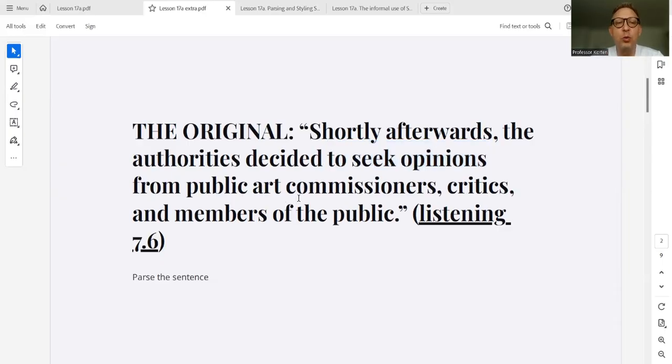All right, so what are we going to do with this sentence? I'm going to show you how we can express this opinion, this idea differently, in different ways and in different registers. And the reason we want to have this ability is because we live in a very changing world with different contexts.